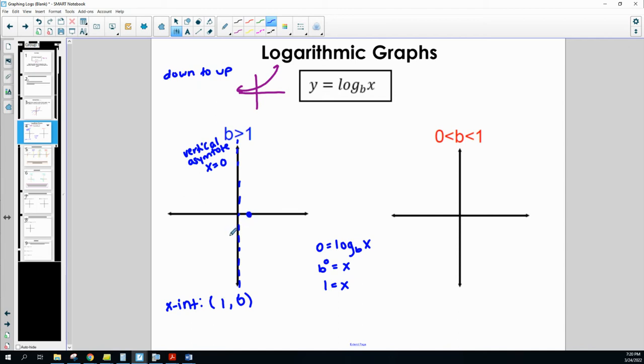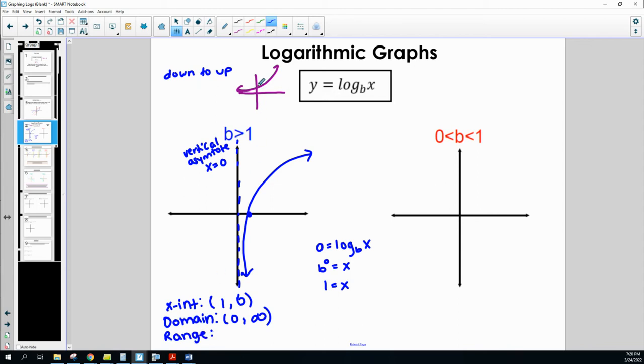Now this graph, we said, is going to be down to up. So if it's a reflection over the line y equals x of this exponential growth graph, our logarithmic graph is going to look something like this. And then from here, we can identify the domain. Now looking at the domain, what the x's are doing in this case, they're going to be greater than 0. So we're going to say from 0 to infinity. And then the range,